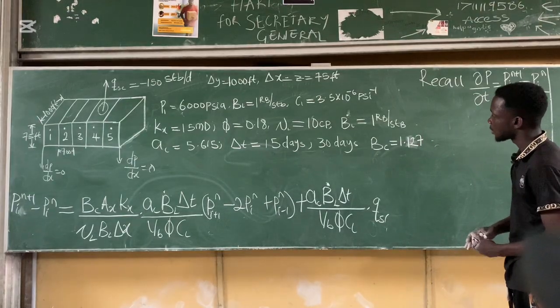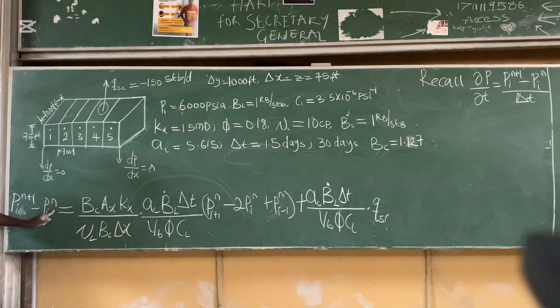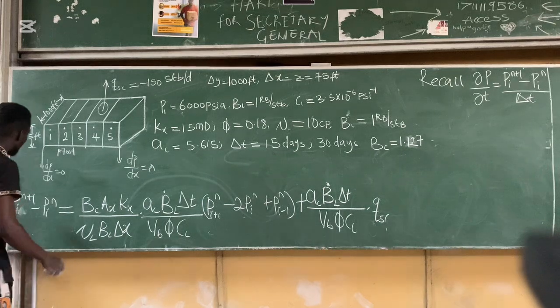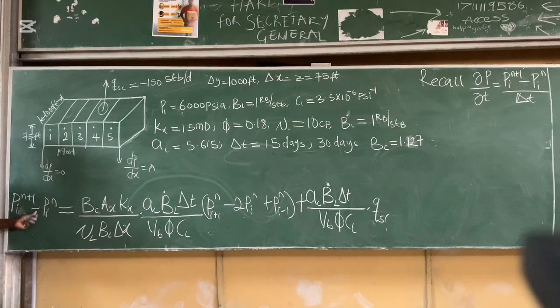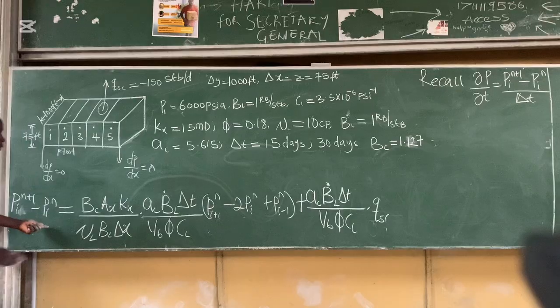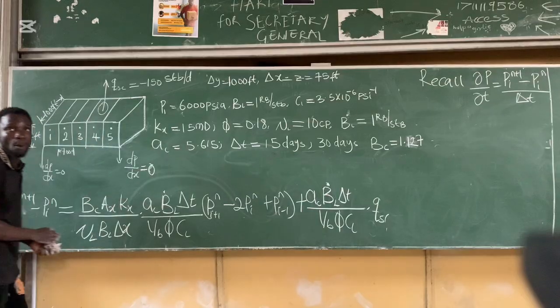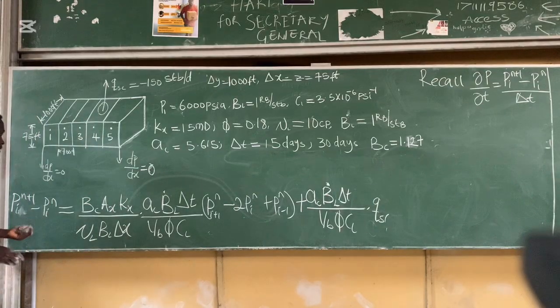Since we have this, the next step now is this minus P_i^n. Remember, we are trying to make a P_i^(n+1) formula. So this minus P_i^n will cross to this other side. If it crosses over, this equation now will be P_i^(n+1). Next step is to make a P_i^(n+1) the subject of the formula. To make it the subject, minus P_i^n will have to cross to this other side. So if it crosses to this other side, this equation becomes